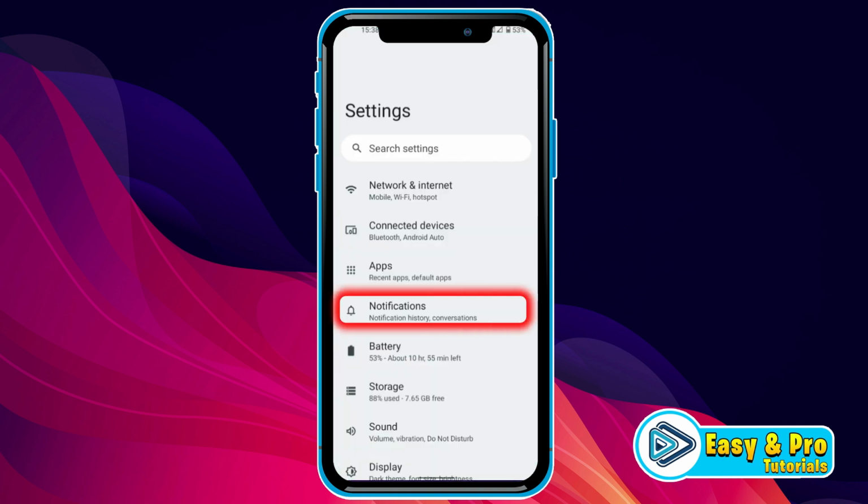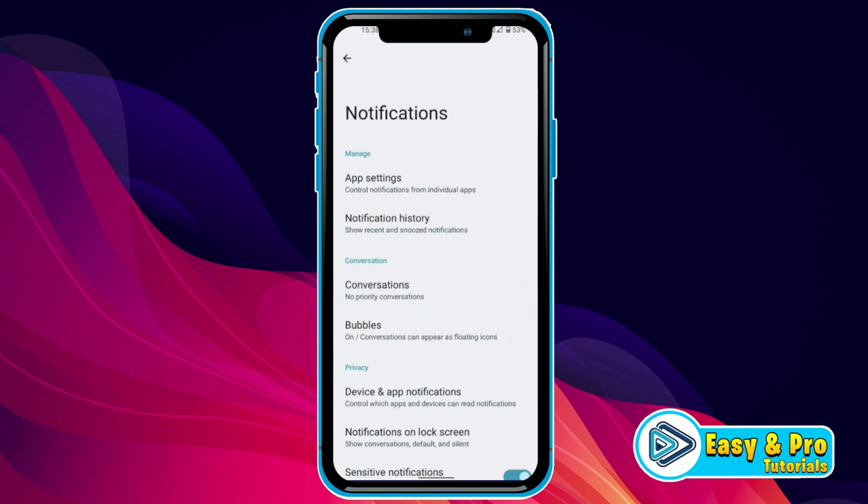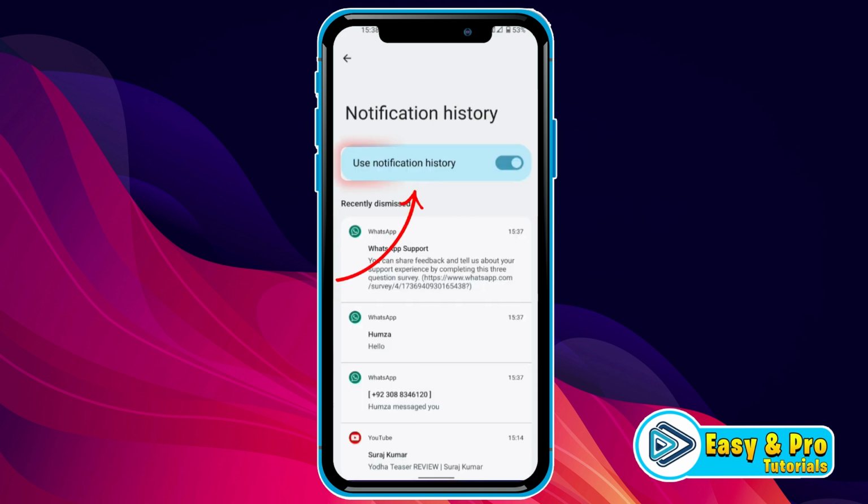In settings, you have to search notifications, then open it. And here you have to open this notification settings. And you have to turn this on, notification history, and here you can see this second WhatsApp notification of the hello